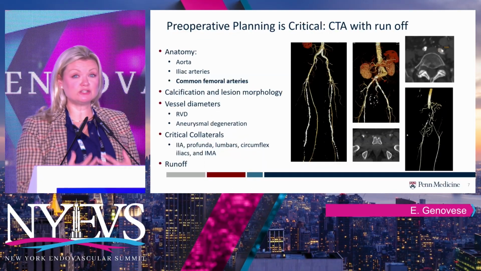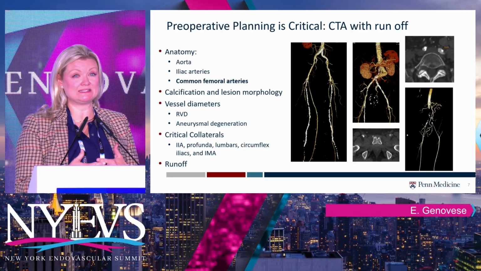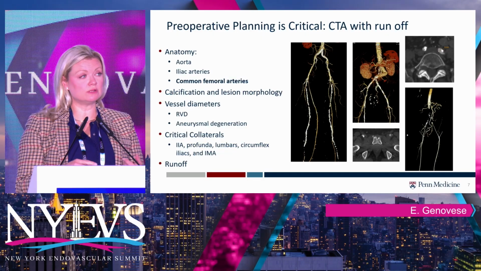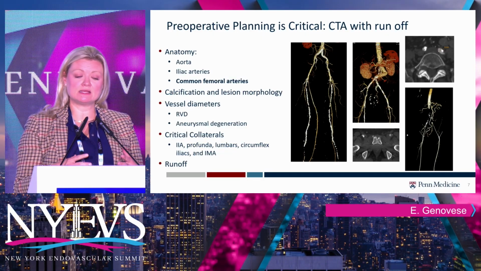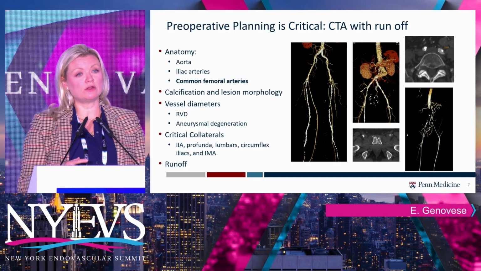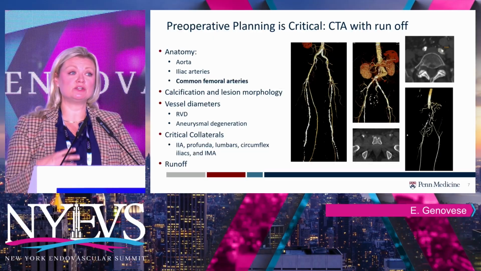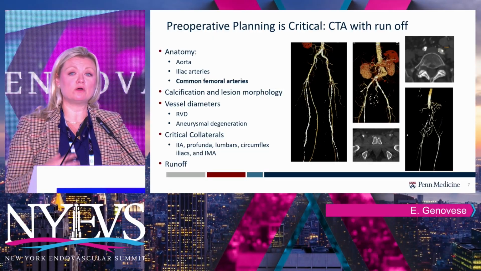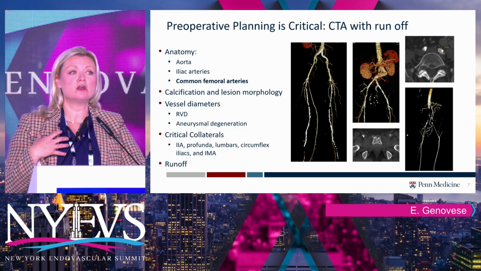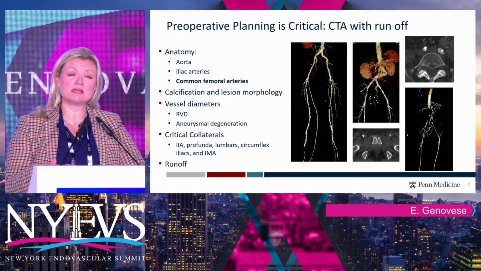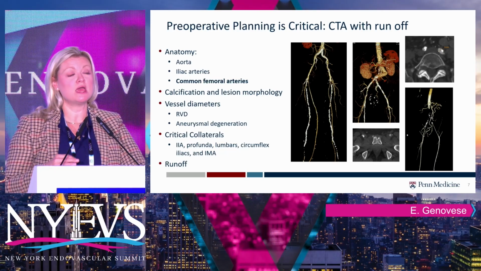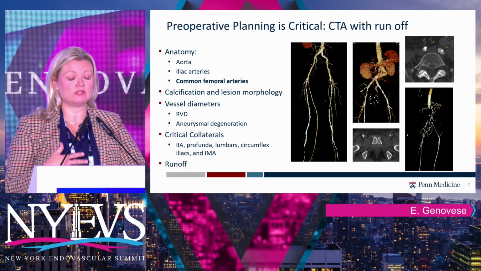So for me, when I treat aorto-iliac disease, I always get a CT scan. I think this completely prepares you for what you need to do. It allows you to see the anatomy of your aorta and iliac arteries, but also to pay really close attention to your common femoral arteries. I think this is very important when we're thinking about flow into the pelvis, particularly if we're treating claudication of the buttock or the thighs. Knowing the status of the profunda and how we revascularize it is critical, and also keeping our aorto-iliac intervention patent.